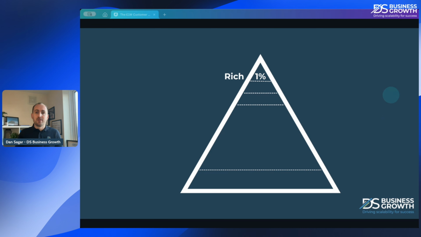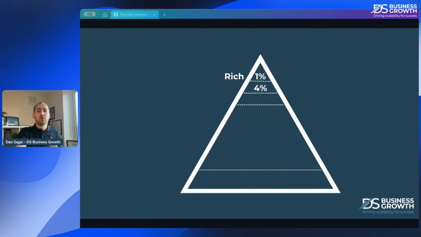So if we look here, for example, at the top 1% of businesses, okay, these businesses are absolutely thriving. These are the really elite, highly profitable, highly systemized, and probably industry leading businesses in your space. So whatever your sector is, you will know who that is in your space. They are the absolute top dog in your space, potentially national in size, but not always. But the guys at the top, the 1%, are absolutely industry leading.